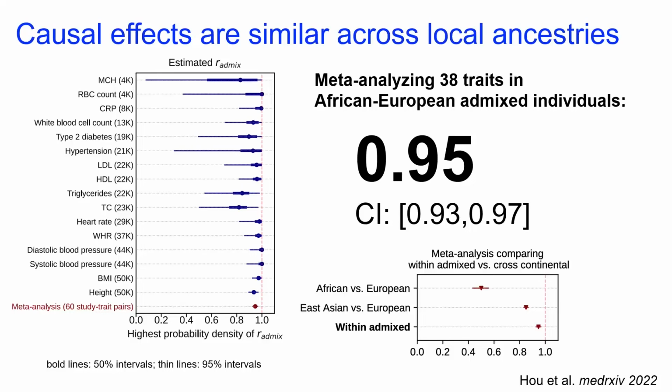And I'll guide you to the right side here, where we compared what would happen if we look across continents. If you look at African versus European, you get something on the order of a correlation of 0.5, 0.6. If you look at African or European versus Asian, you get something around 0.8. And if you look at the mixed individuals, you get something that is 0.95, which is what's listed up there. So this is very consistent with the idea that by disentangling by local ancestry within the same individuals, it's more robust to confounders by environment.